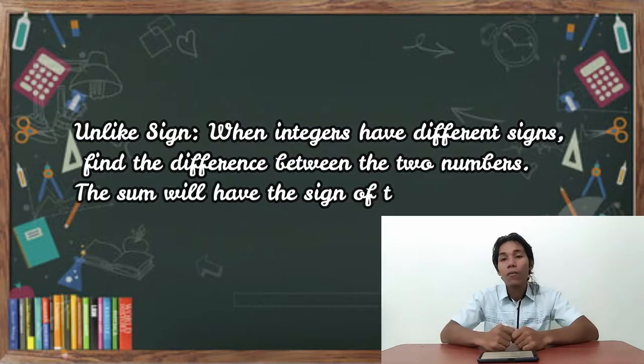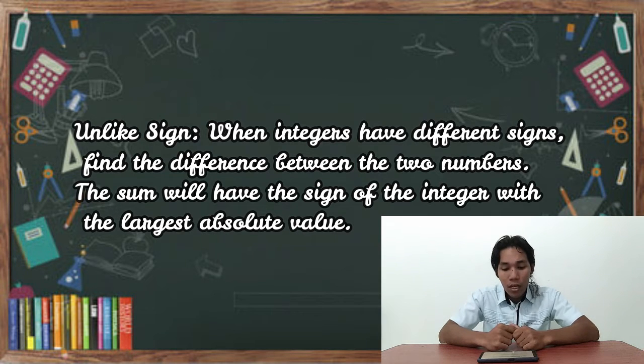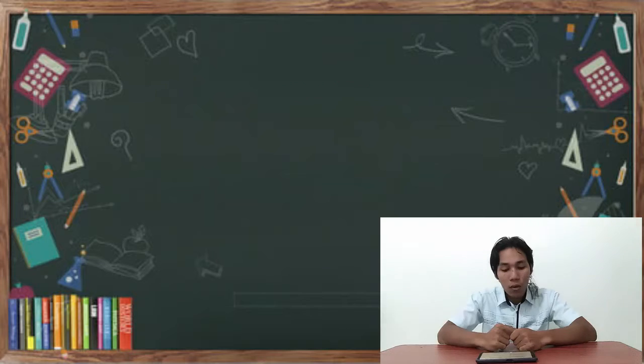And now we will go to addition of different signs, or unlike signs. When integers have different signs, find the difference between the two numbers. The sum will have the sign of the integer with the largest absolute value. So when you add integers with different signs, we will disregard the sign and we will find their difference. So for example,